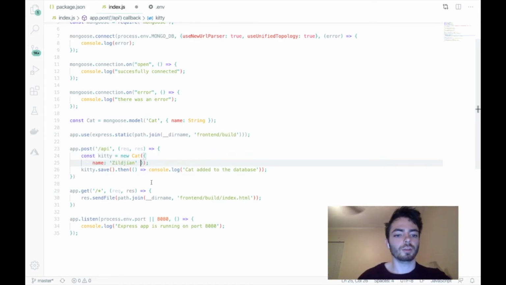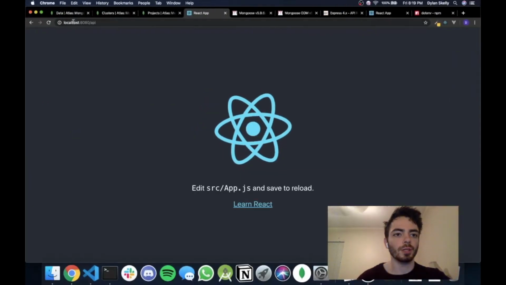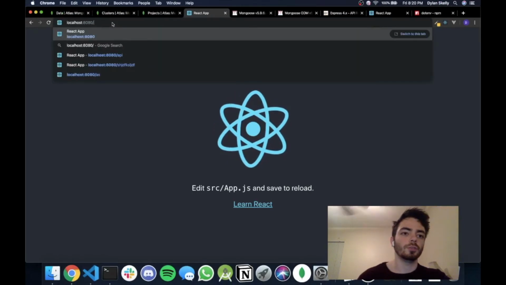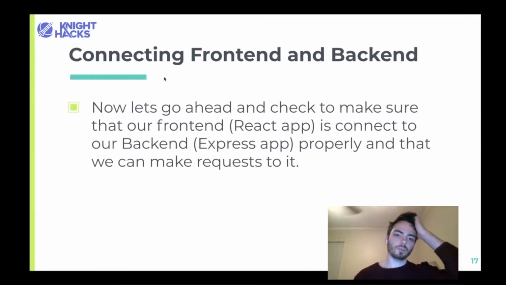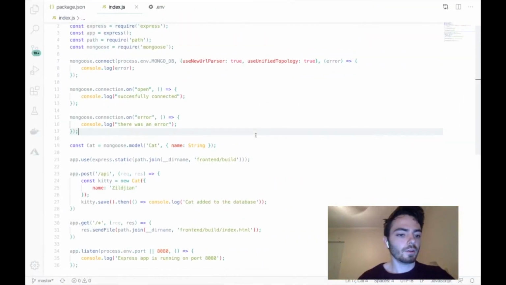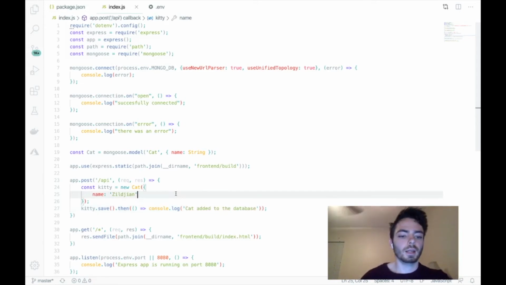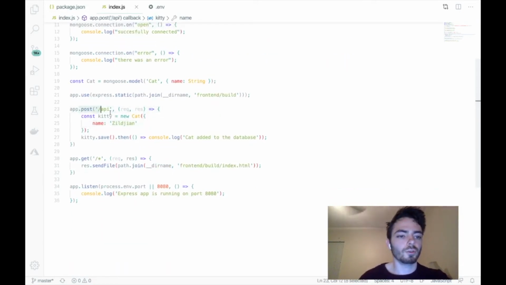We can't do that from a GET request, which is what we just did here. We made a GET request to slash API, and it would just give us our React application. So in order to do that, let's go into the React app. I don't really want to go too much into React, so you don't need to understand exactly what's happening here, but we're pretty much just going to add a button,